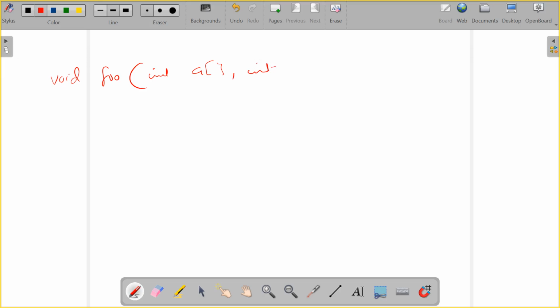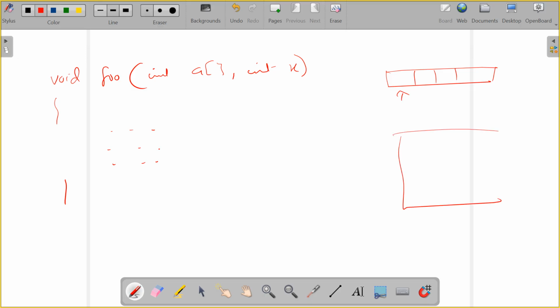And then you need to have the number of elements of that array also, right? Then you will have a lot of statements here. If you are passing a two-dimensional array, see, this was the case of one-dimensional array, then you are passing only this thing, right? If you are passing a two-dimensional array, then you need to specify the number of columns also. Here, in this case, you are not specifying anything associated with this a variable, right? But if you are passing a 2D array, then you need to specify the number of columns. Number of rows, you don't have to